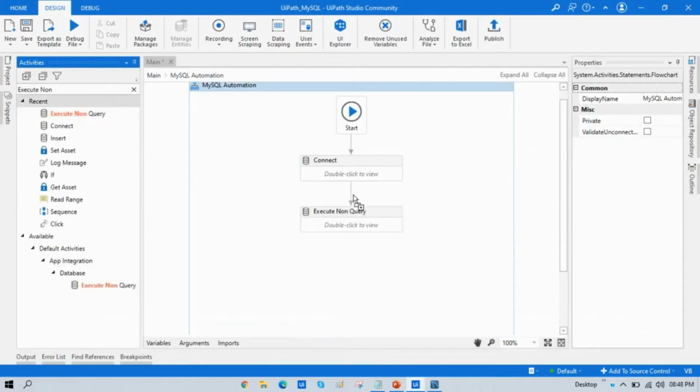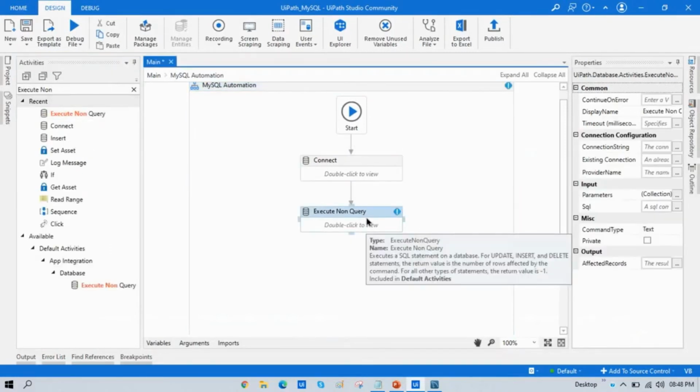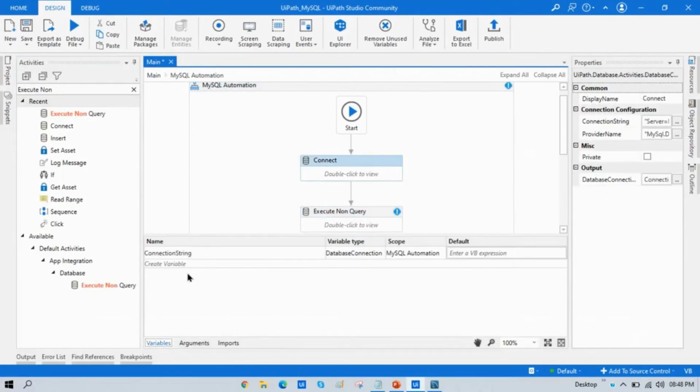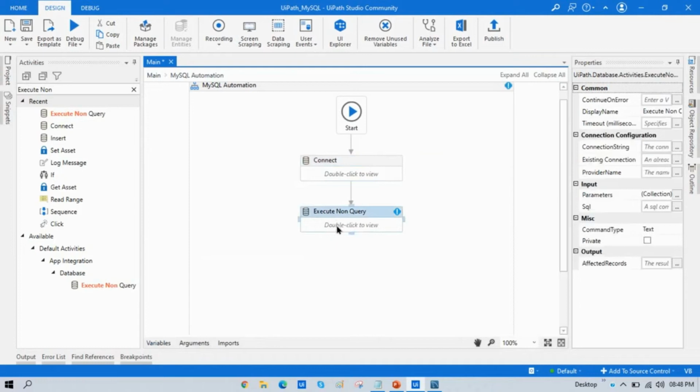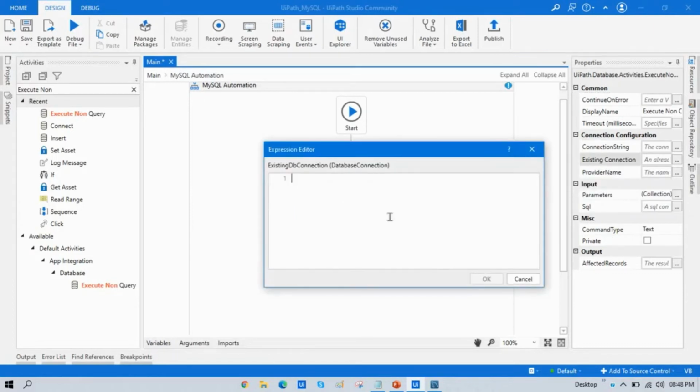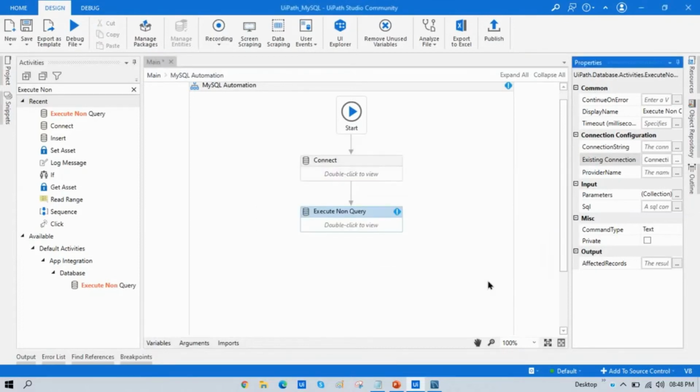So I will just connect with this, and I already have one variable, that is connection string. Right side here we have a connection string and existing connection. So yes, I'm going to take this one because this will take a database connection type variable. So I'm going to use connection string here.